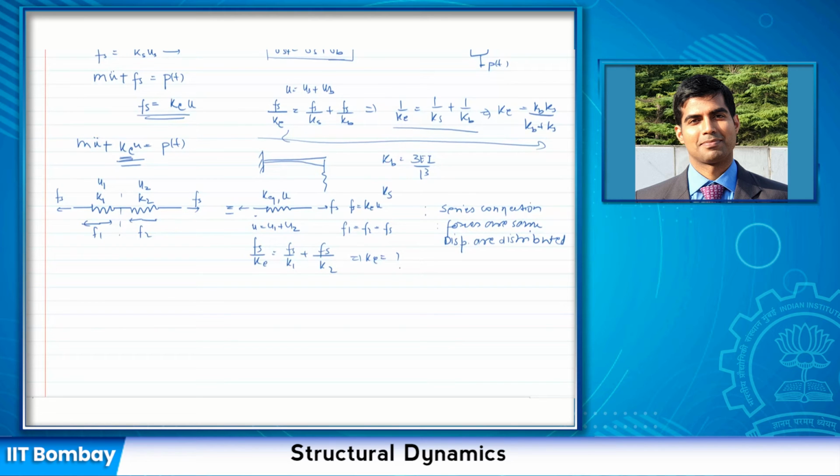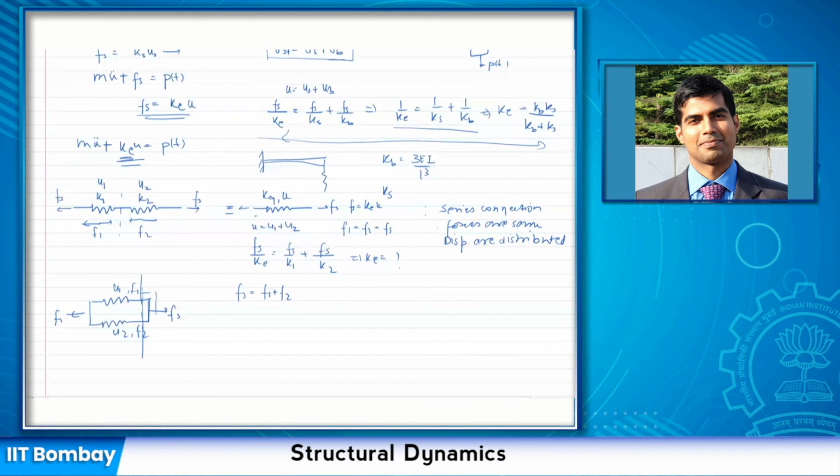All right. The second arrangement of the spring that you could possibly encounter would be two springs connected in this fashion. Now, in this, can you tell me what are the individual forces in these two? Compared to what we discussed above, can I say that forces in the individual spring, if I consider the free body diagram, my Fs would be F1 plus F2, right? So if I consider the free body diagram of any part, if I cut it here, let us say, I can write Fs is equal to F1 plus F2.